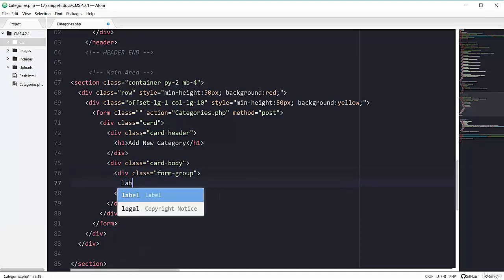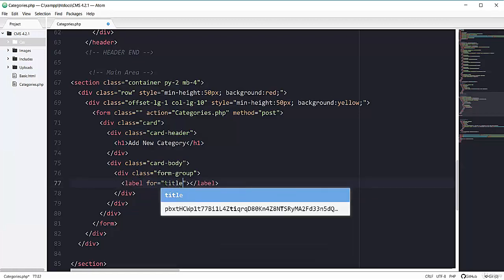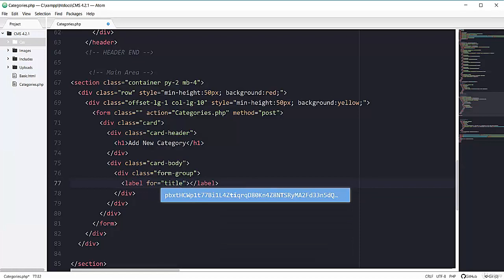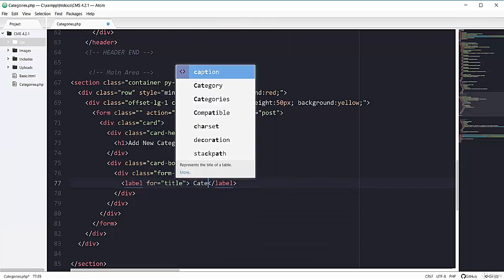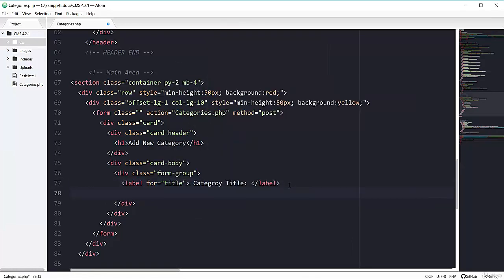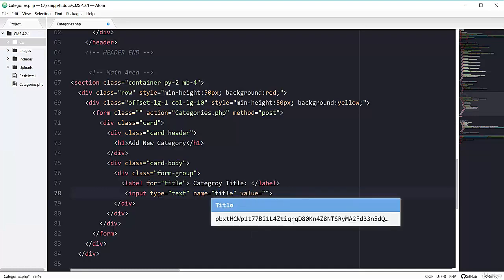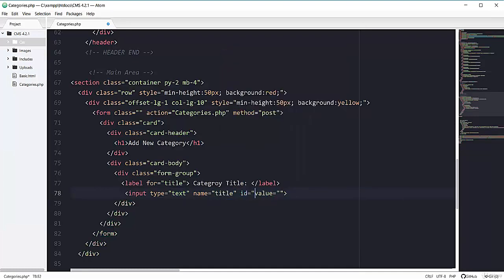Now let's add the label for our form. So this one will be for title of our category, and here I can say category title, and then we will have one input tag with the type of text, and its name will be title, and its ID will be also title.